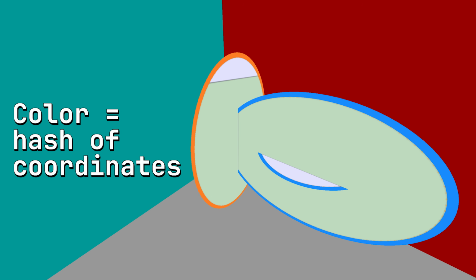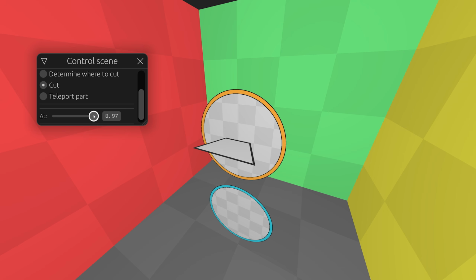I spent months programming this a long time ago, before Portal Explorer. Here colors are different because of a different algorithm, but the main idea is preserved. We have some state, let's continue with it. First, we find where to cut, like we did previously, cutting by portal plane. Notice when we cut the blue portal, a seam appears on the orange portal too. Now move and teleport. And now join parts with the same color, which is physically near. This is needed to save computational resources.